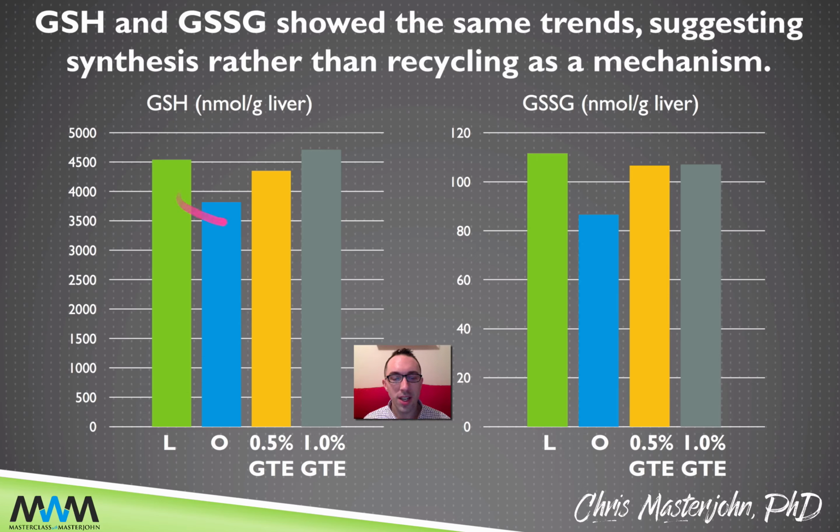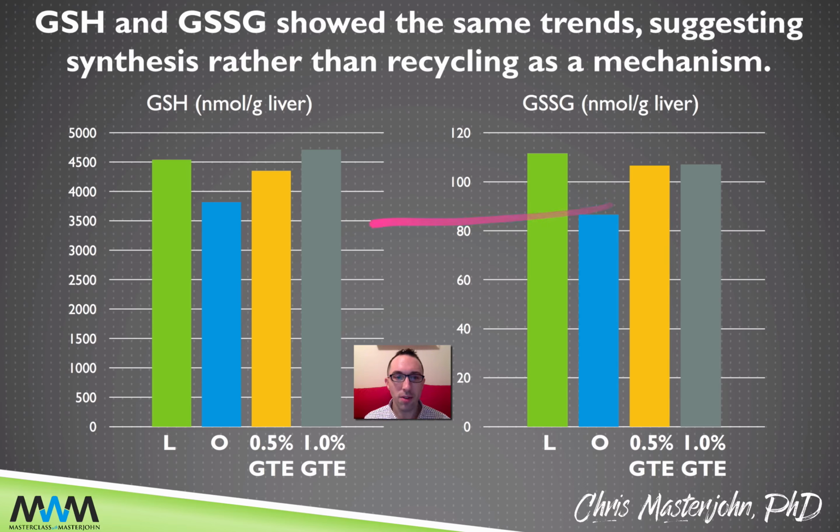So when the GSH is decreasing, the liver has to try its best to maintain a normal redox status of the glutathione pool, and one of the main tools in its kit to do that is to spit GSSG out into the blood. By getting rid of GSSG, the liver will modify the GSH to GSSG ratio in a way that compensates for the decrease in GSH. And so what you see then is that GSSG is decreased for that reason.